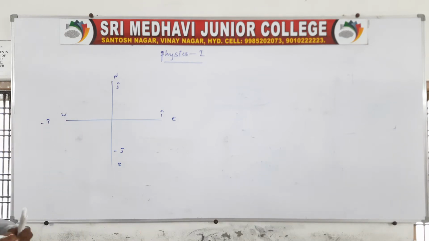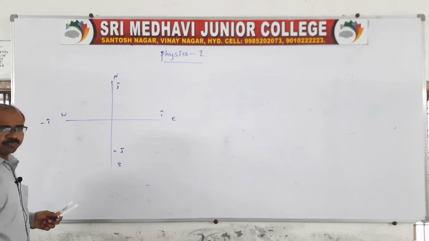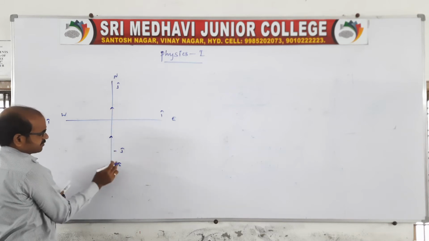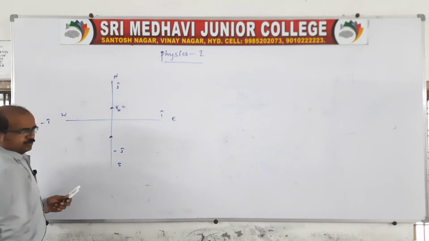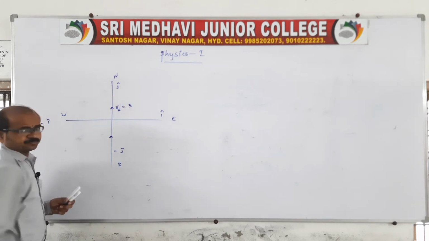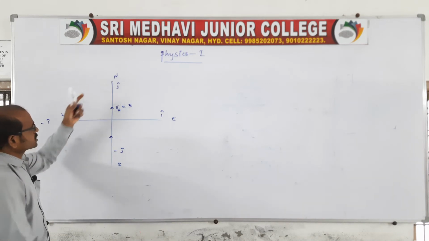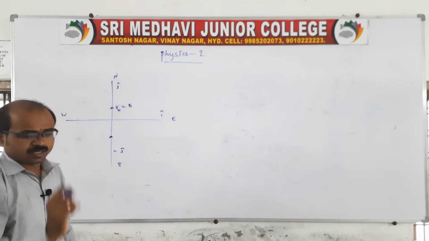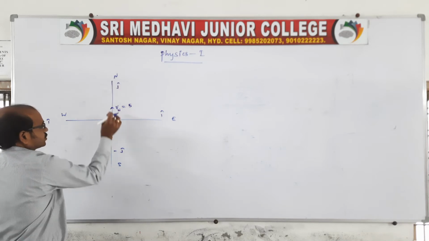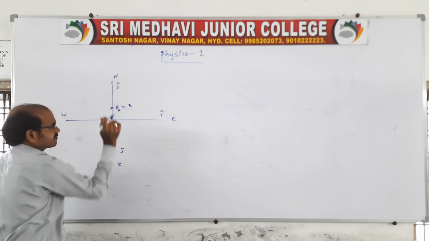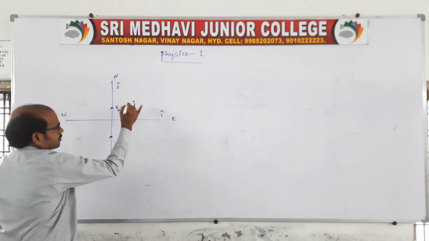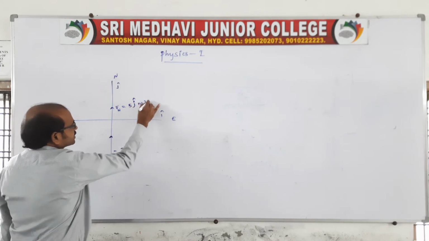Let us say the wind is blowing, as the question was given, from south to north. So the wind velocity VW is blowing from south to north with 5 meter per second. It is moving from south to north, which we can call due north. Towards the north the wind is blowing with a velocity of 5 meter per second, so we say it is 5 J cap meter per second.